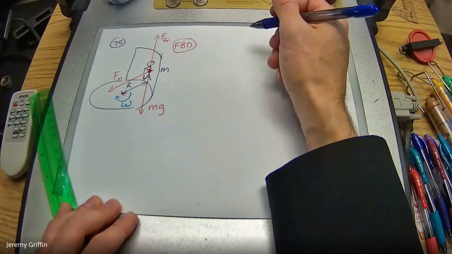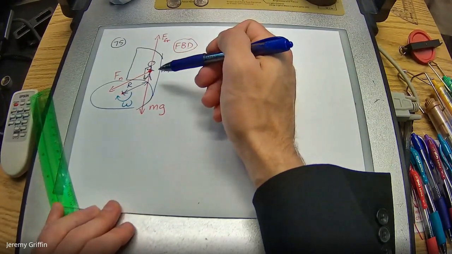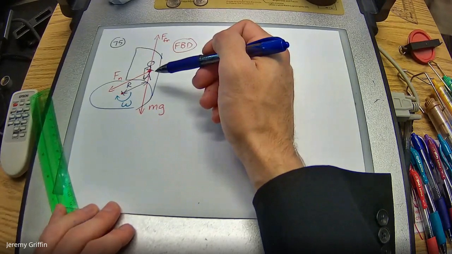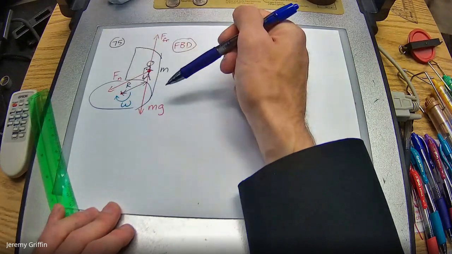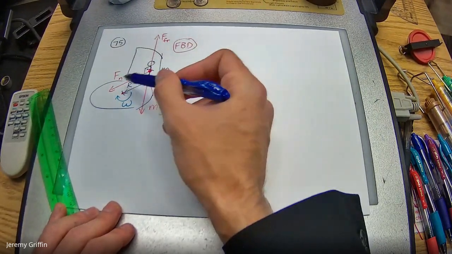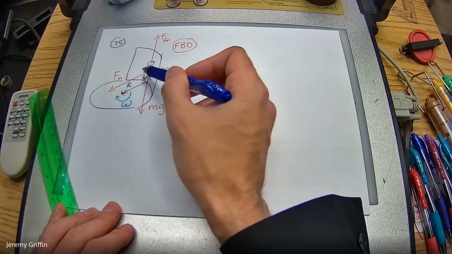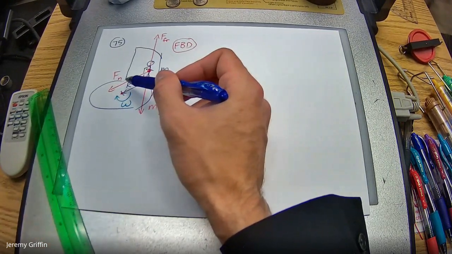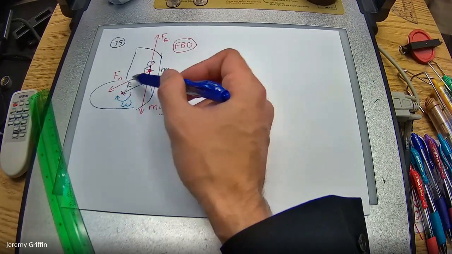Now, is this guy in equilibrium? Static equilibrium? I think so. Yeah, but he's moving, spinning around, right? So isn't he going to be pressed against the wall? Isn't there a net force on this guy? Yes, and the normal force is acting as the net force. And isn't that also effectively the centripetal force?